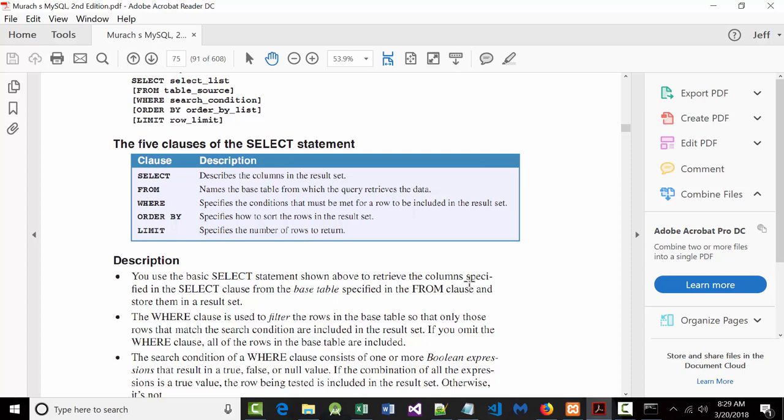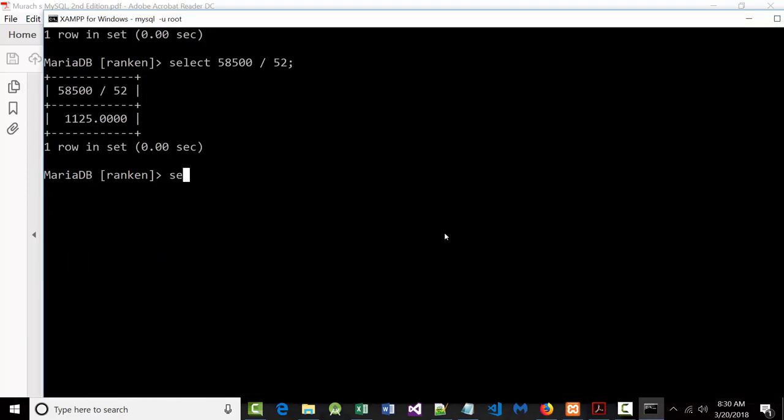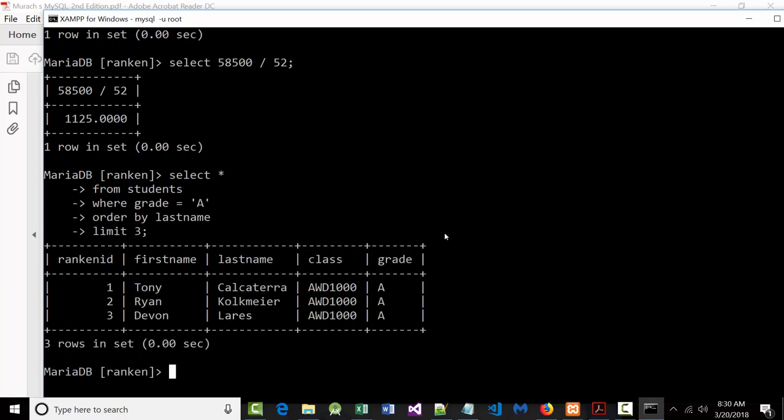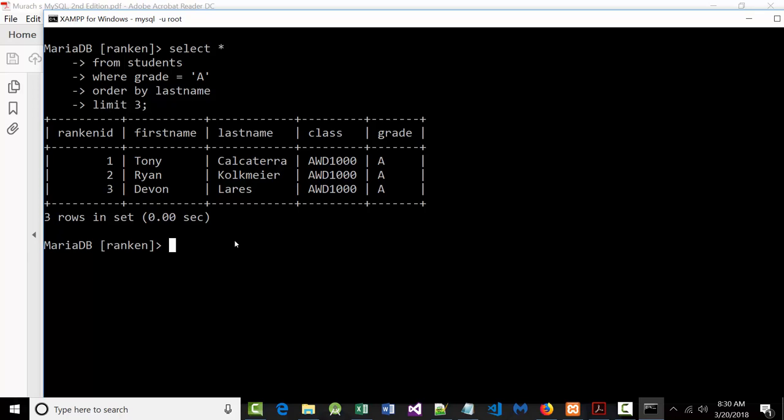All right, so what I'm going to do is grab that query. You can do it if you want, but you don't have to. If you look up on the screen here, I'm going to run that query in here. I'm going to put in select star from students where grade equal A, order by last name, limit 3. So notice it's an ascending order by last name. Does that make sense? If I ran the same exact query that you just saw,